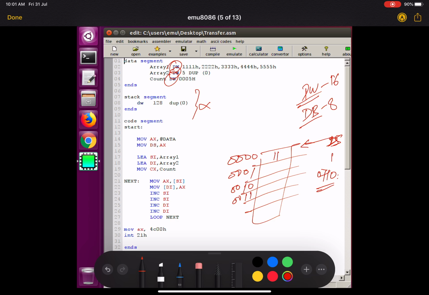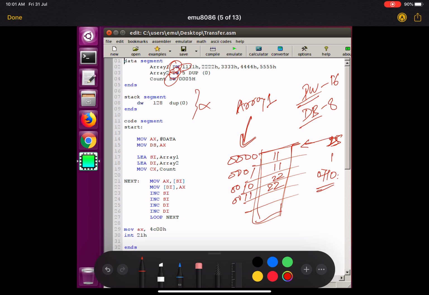Here the lower byte will be stored, here the higher byte, here the lower byte, here the higher byte. Like this your data will be stored. So I can say that the starting point of my array 1 is 0000. This is how it is stored in memory.